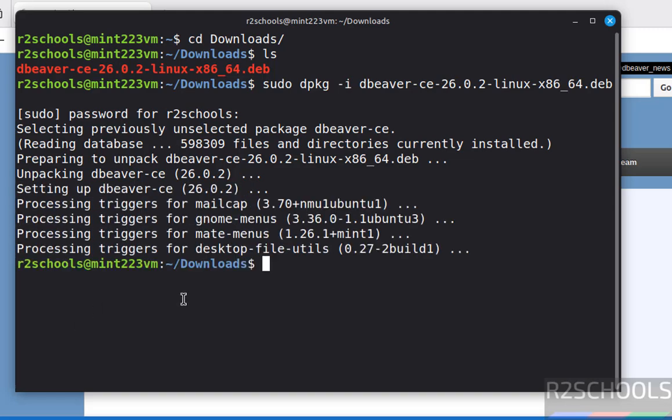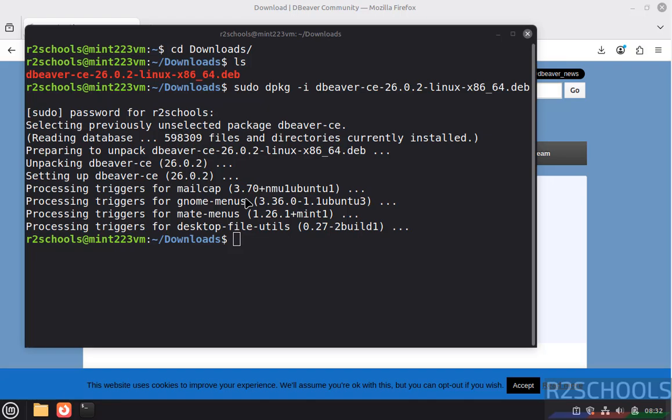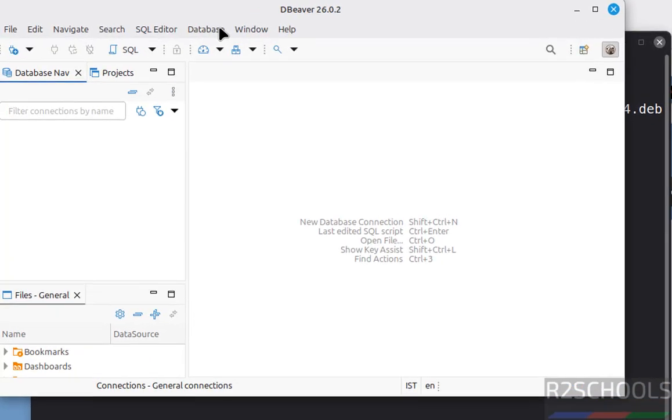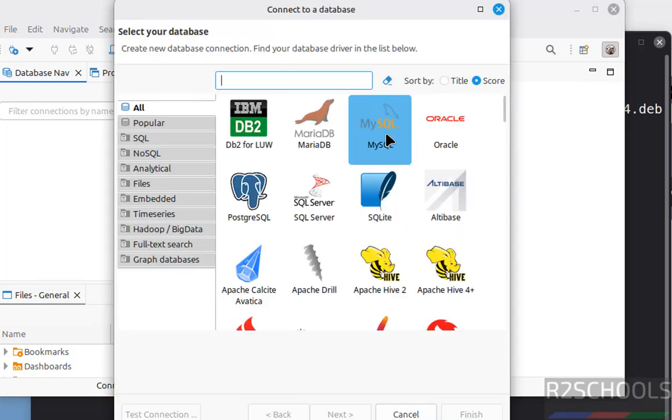Now we will open DBeaver and we will connect both MySQL and PostgreSQL server. Click on menu, then search for DBeaver. See here we have the DBeaver CE. CE means Community Edition. Click on it to open. Now click on this Database and select New Database Connection, or just click on this plug button, then select MySQL,